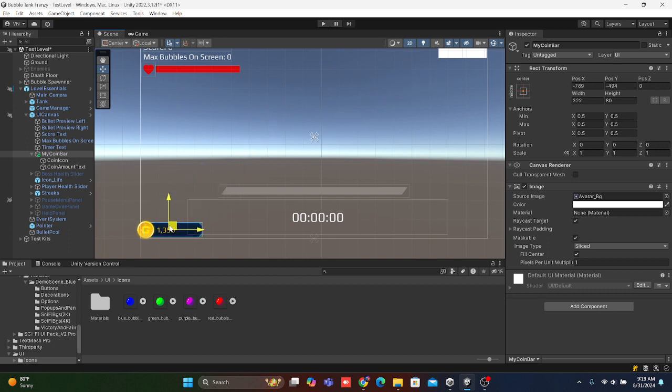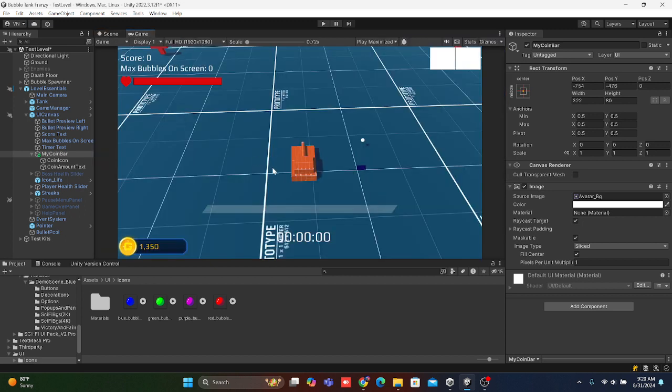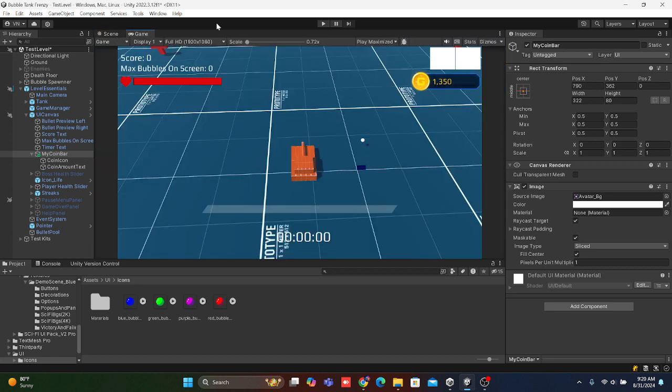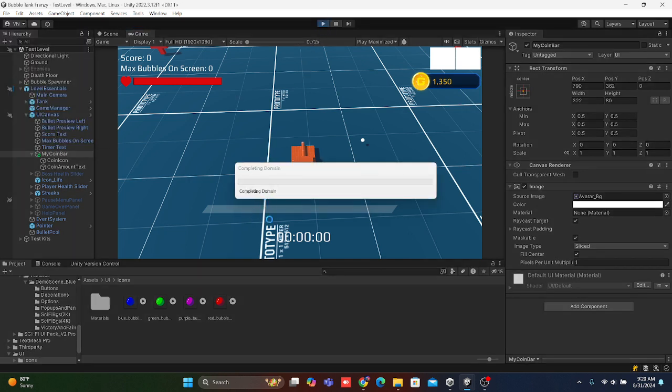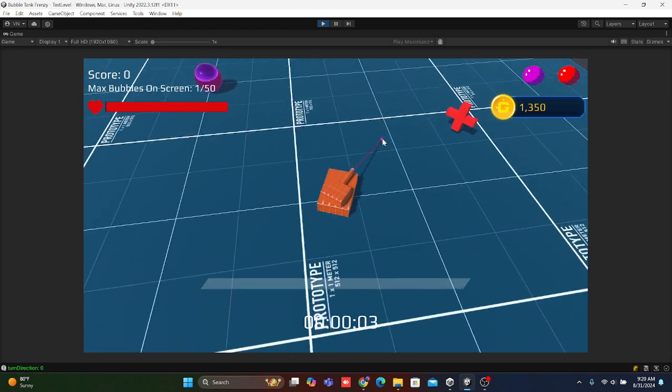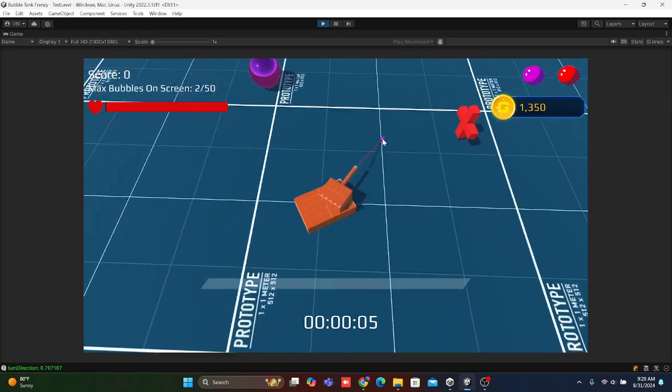If it doesn't make sense there, we'll obviously put it somewhere else. What about here? Does it make sense there? You know what, let's actually try this out. Let's actually play the game and then figure out if it actually makes sense there. Now, we obviously don't have that many coins, but